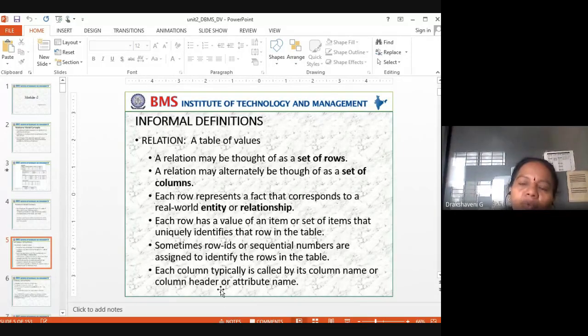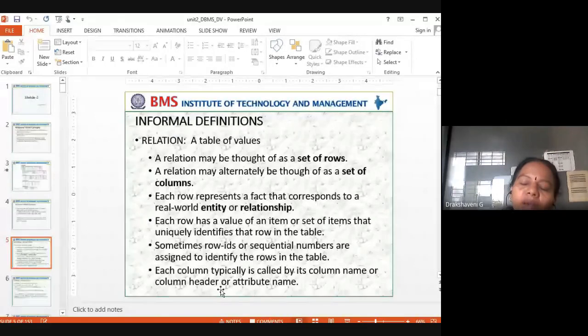In the same way, we spoke about rows. What about a column? First I use the first column as serial number, because I have to count whether the 51 students' details are there or not. So I start with serial number. Then I use the USN number. Then I use your name.